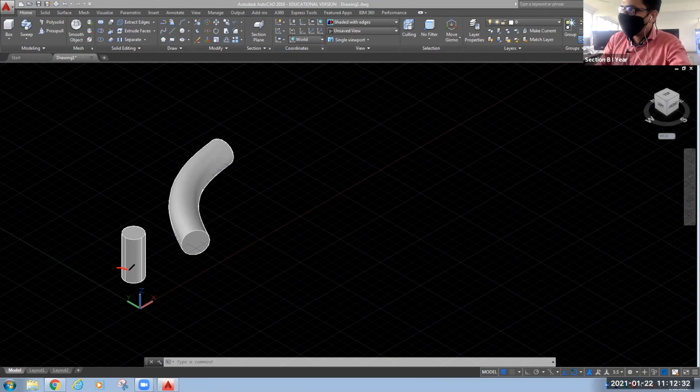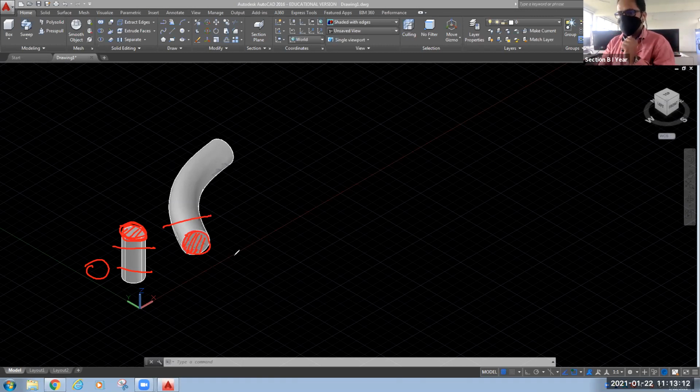Suppose you are taking a knife and cutting from here, you will get a circle. If you are cutting from here, you will get a circle again. It means throughout, wherever you cut parallel to this top surface, you will get this circle. At every location you will get the same circle. The same situation is here also. If you cut parallel to this surface, you will get the same circle as over here.